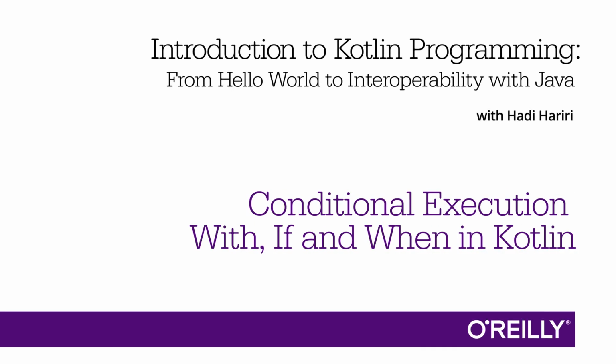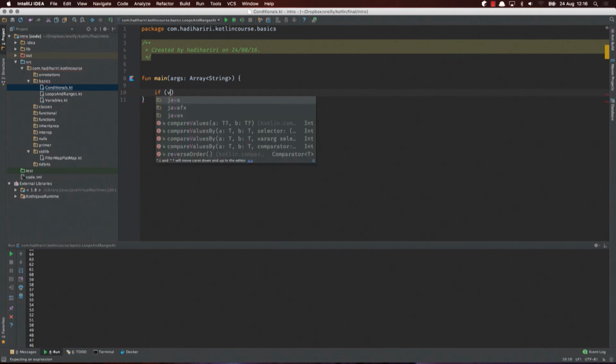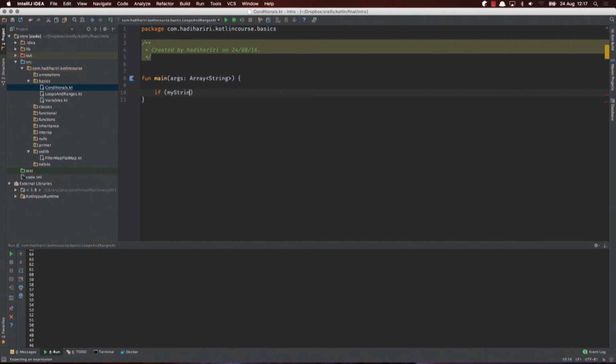Let's take a look at conditionals now. And like any language, we also have conditionals. There's some subtle differences with conditionals, which we'll see in a moment. But I can do, for example, an if statement, and let's say, for example, if my string is not empty,